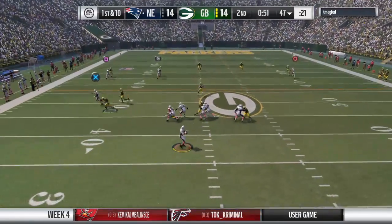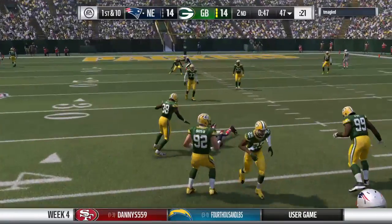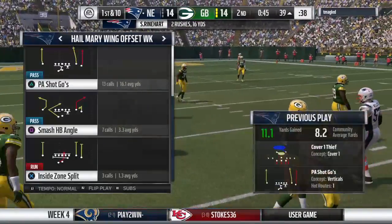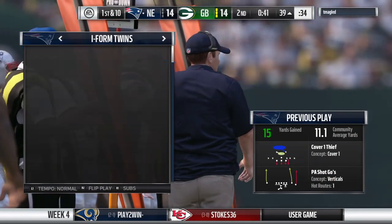Play fake here on 1st down. Steps away. Room here to run. And he slides to avoid the hit. The 15 yards there on the scramble and a 1st down. Well, that was man coverage. So once he